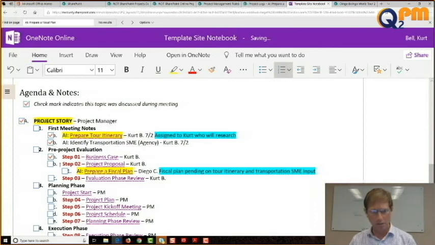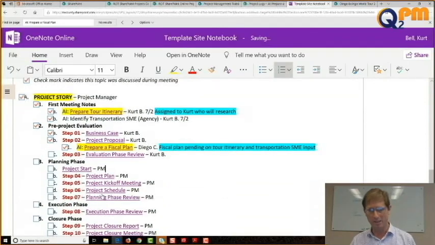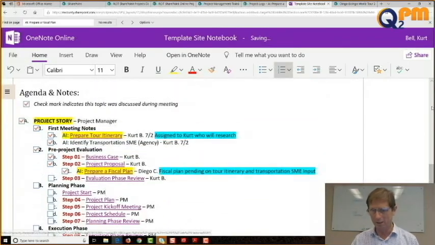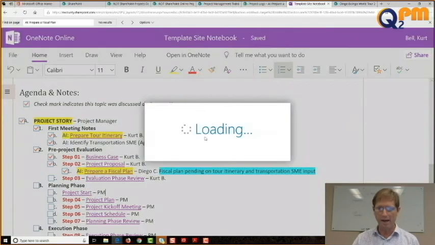Did we talk about the project proposal? I mentioned it probably. I mentioned that there will be a project proposal and that we will need a fiscal plan, and then I'm complete with that. Did we talk about any of this? No, we didn't. Then at the very end, I would click on the share button, and I would type in,